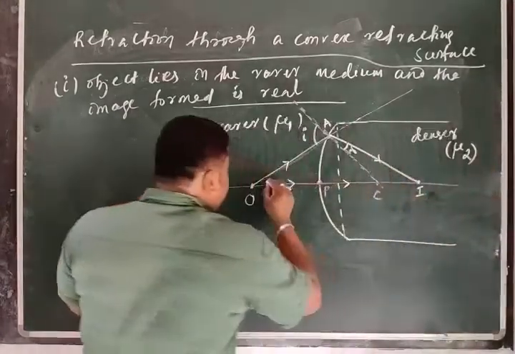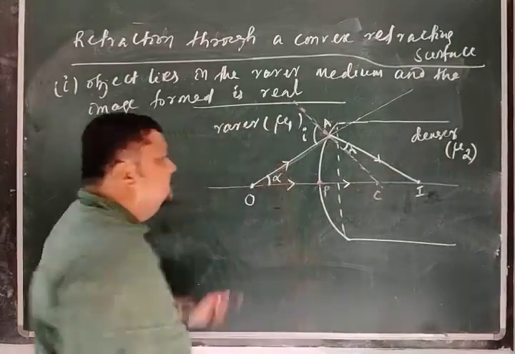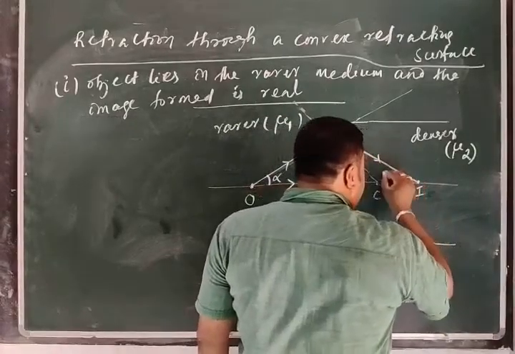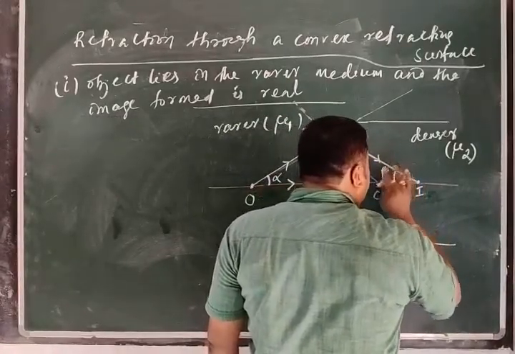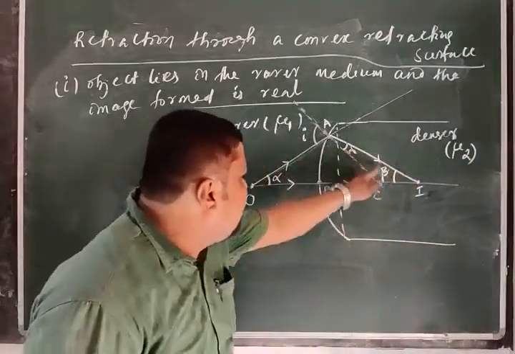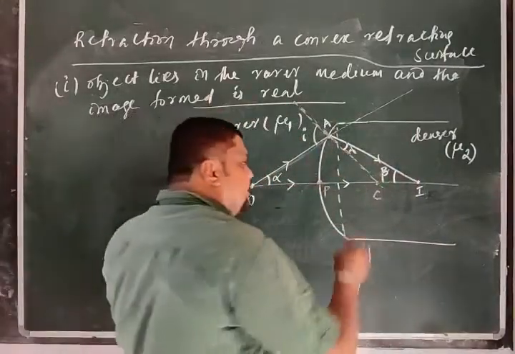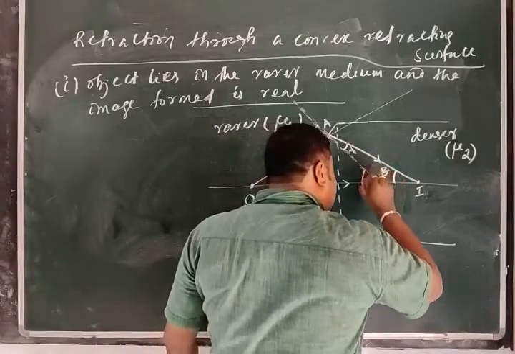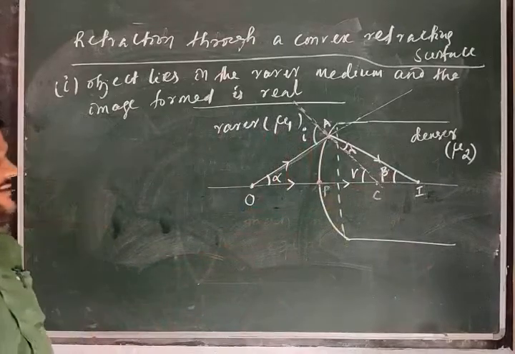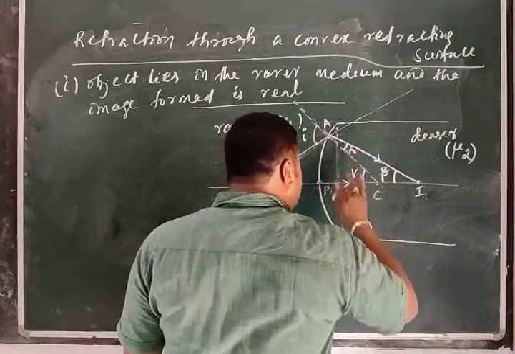Let the incident ray make an angle alpha with the principal axis, and the image ray or the refracted ray make an angle beta with the principal axis. These alpha and beta are very small. The incident ray and refracted ray make small angles with the principal axis, as already considered in the assumption. And let the normal make an angle gamma with the principal axis. So this is the aperture part.